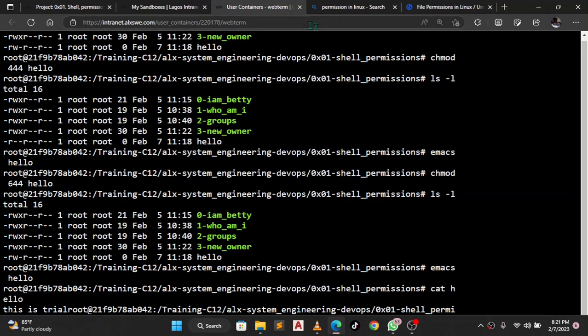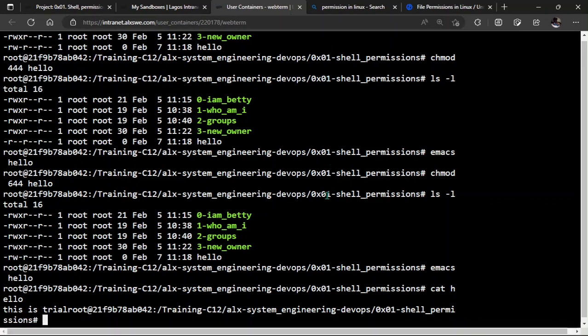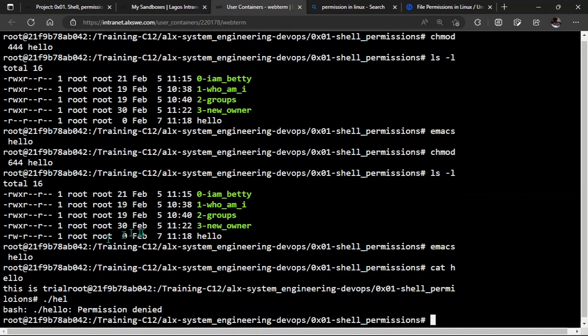Okay, now the next thing we want to do is let's see how to grant executable permission. But what if you want to execute? What will happen? Let's say I try to execute that file called hello. And then if I enter, it's telling me permission denied because I didn't grant execute permission for hello. All right, I think you're understanding the concept now. Since we have the clarity of what this permission does, how to use it, when to use it and when not to use it,